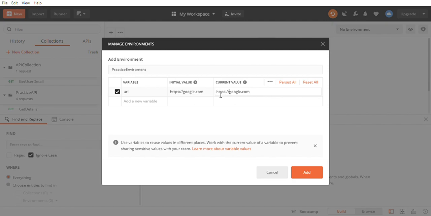So we have taken one variable, URL, and defined its value as google.com. The initial value and current value can be the same.